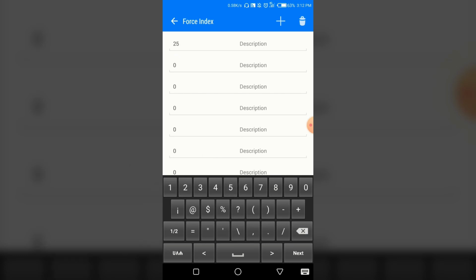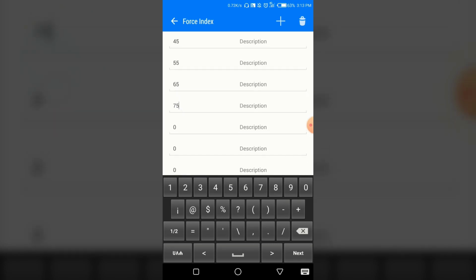First 25, second 35, 45, 55, 65, 75. Then the other side, negative direction, negative 25,